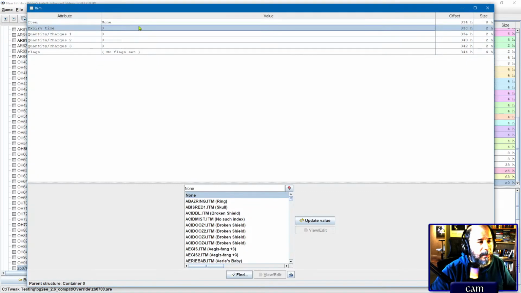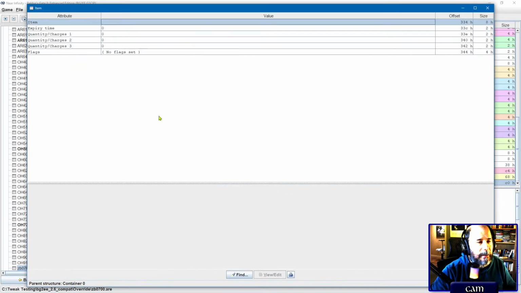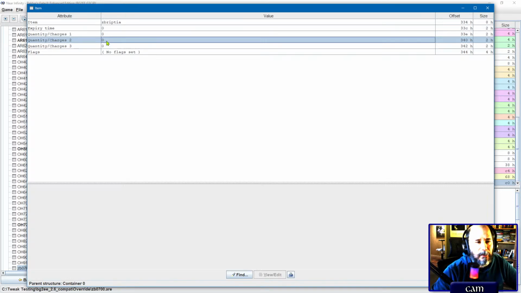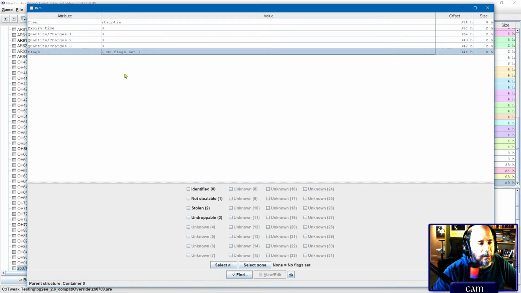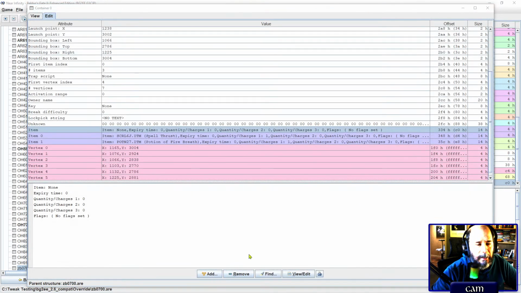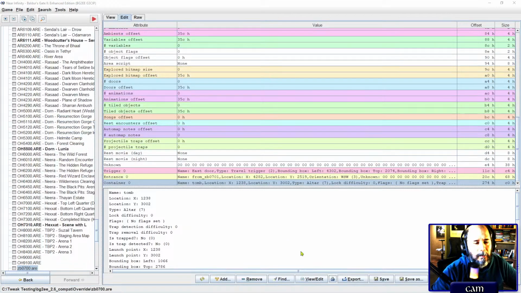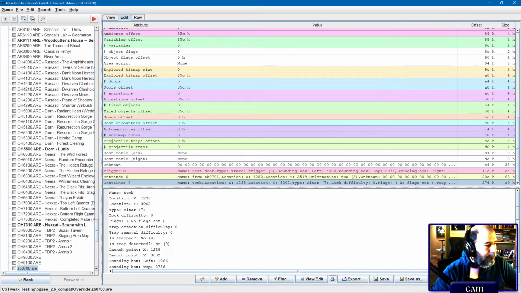All right, so this is a special container. Now, obviously, this is not in the game, so I'm just going to put this in as a string. Now, I don't know if the item has charges, but if it did have charges, this is where you would set them. So if it had something that was like a 2-time-a-day ability, you would want to give it 2 charges so that the item is found charged. But I don't know if the item has charges or not, so I'm just going to leave those at 0s for now. None of those flags apply. So let's go ahead and... So we've got a potion, a scroll, and this katana are now in this tomb. So let's go ahead and save our changes. Okay, and